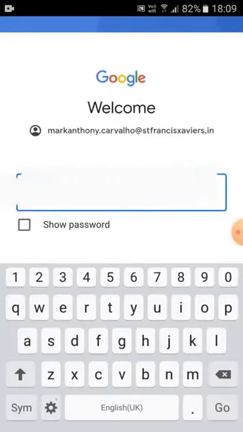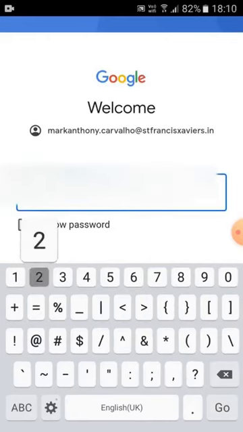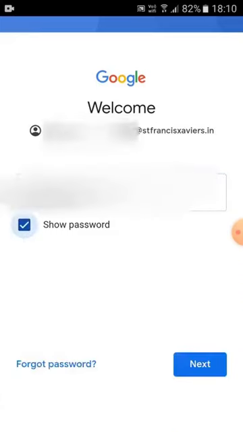And you will get a screen where you have to enter your password. Okay, click the next button, which is over here.